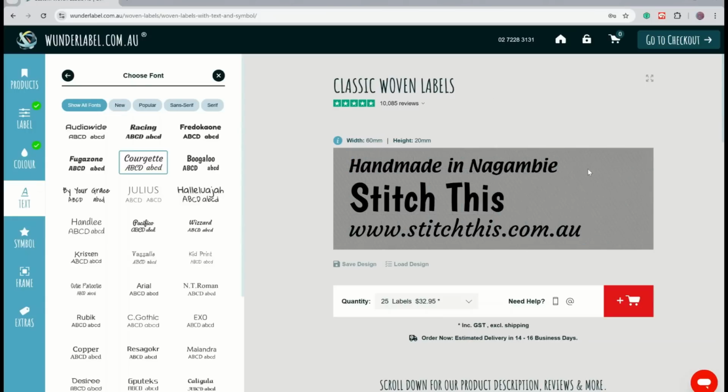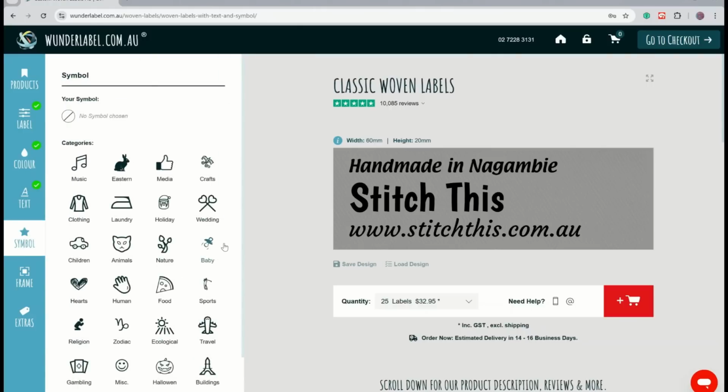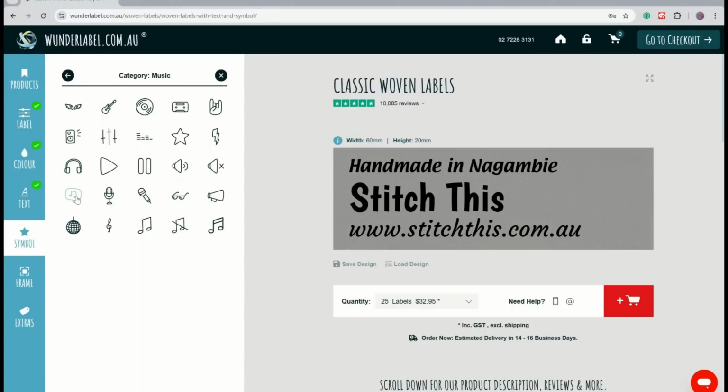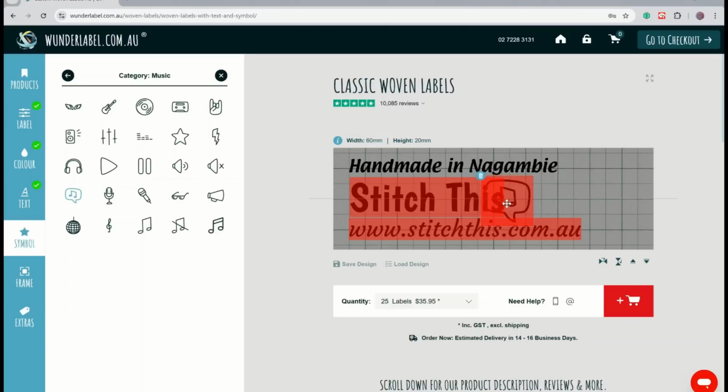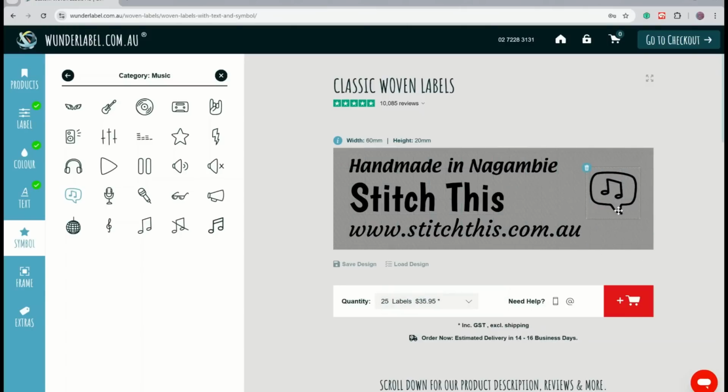a little symbol in on the right-hand side here. I've got one on my current label. There's a few different categories that you can choose from. Music, if you wanted to have a music note, you click on the one that you like. This has gone all red because everything's crashed into one another. Select this and we'll slide that across over here, and we've got some kind of a music symbol over here. It's not what I want on my labels. Let's go back